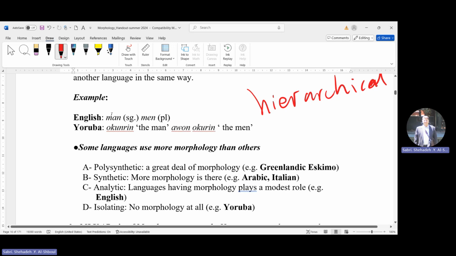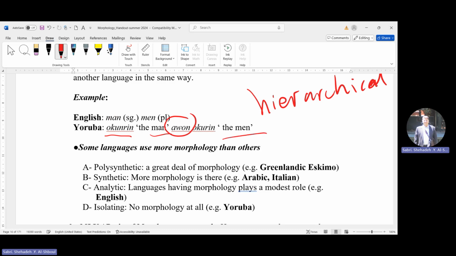For example, in English, for the singular plural man, men, we have a kind of ablaut, internal vowel change system. For Yoruba, which is a language that has little morphology, when we say the man here, which is okonrin, to pluralize it, we have to use totally different forms like awon okunrin, to indicate plurality, because this language actually seems to lack the sufficient morphology that works internally to produce all these inflectional and derivational